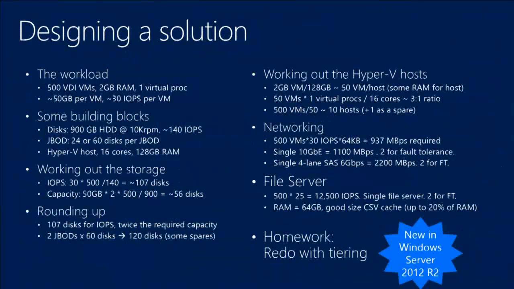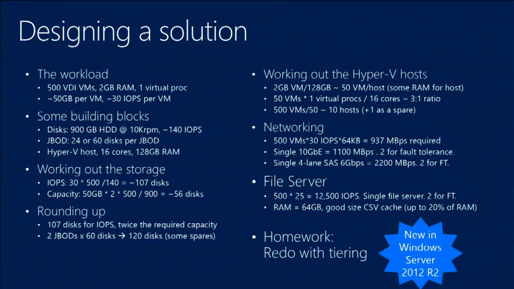So let's think about it. I have 500 VDI VMs. Each VM needs 2 gigs of RAM and 1 virtual processor. Now, for storage, I need 50 gigabytes of space per VM, and I have decided that I need 30 IOPS